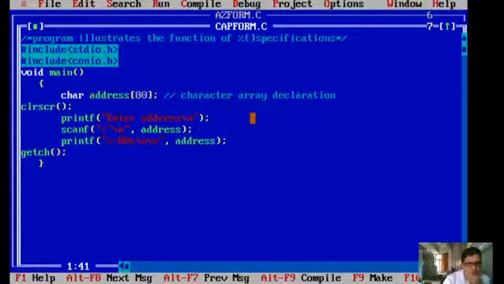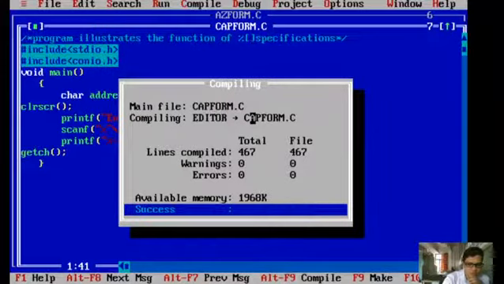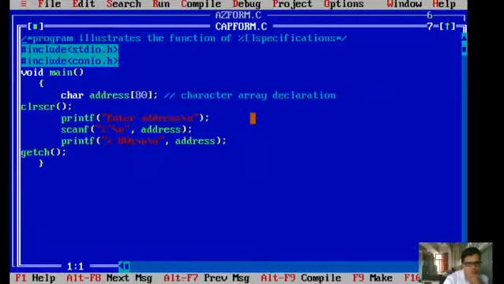Void main function. Now I'm saving this, compiling and running. It is showing the previous one. Why? Alt F5, enter a character, clear screen. Is there any mistake? No mistakes.